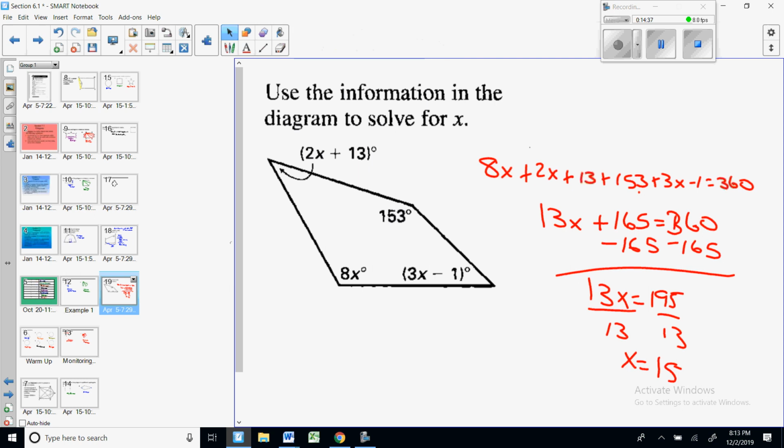So the angles in a quadrilateral add up to 360, just like the angles in a triangle add up to 180. And at this point, if there's no questions, we'll go ahead and pause the presentation and pass out